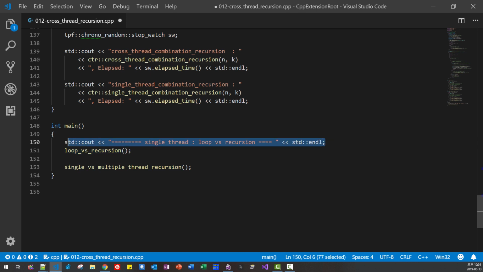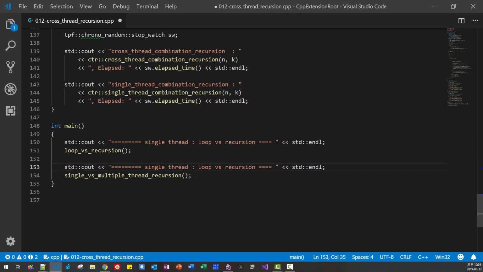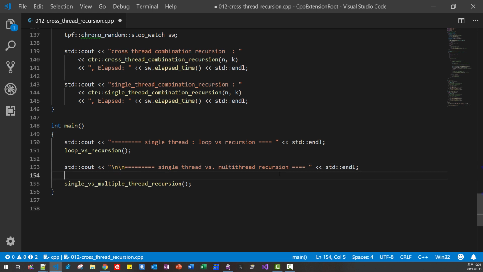Then I copy this once again, pasted, single thread versus multi-thread recursion. Okay, and I will put 2 carriage returns here. Now let's build and test.